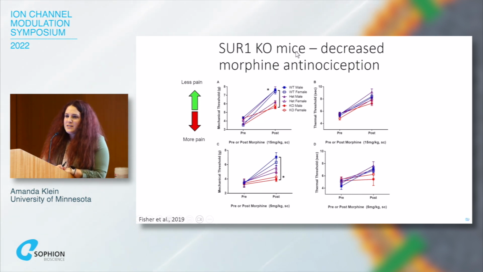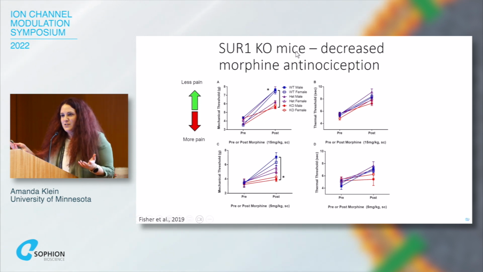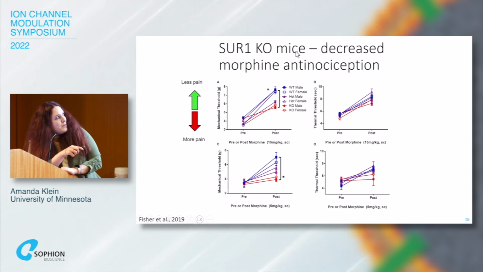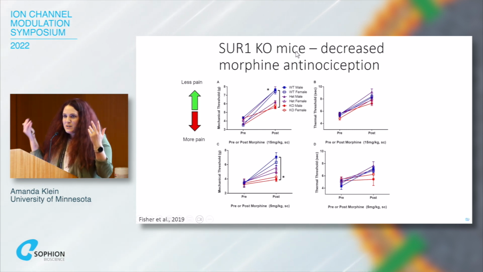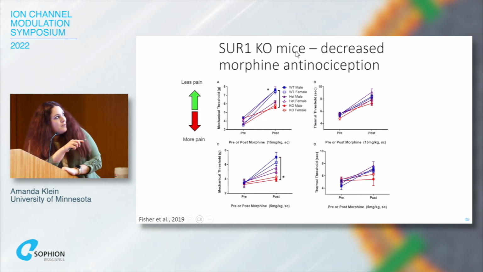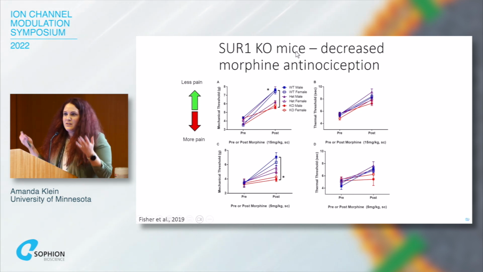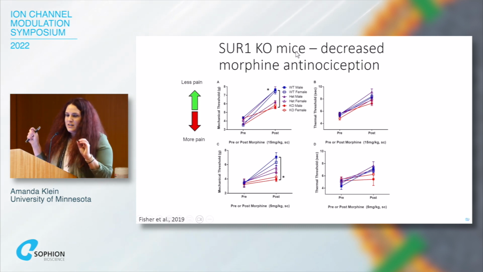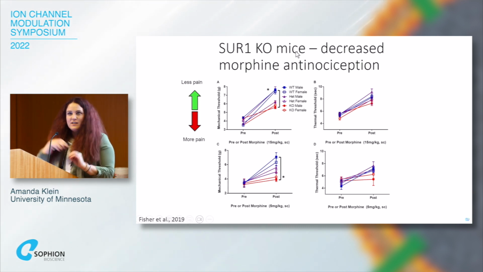In the thermal threshold testing, we didn't see this nice bifurcated response. Again, that suggests to us that KATP channels may be particularly functional in these myelinated fibers, and may be important for touch sensation. You've probably already guessed this, but typically when the numbers go up, that means there's less pain or anti-nociception, and if the numbers go down in these behavioral plots, that means there's increased hypersensitivity or more pain. Although I kind of like Dr. Khanna's version of it, the happy face and the frowny face, so I may steal that moving forward.